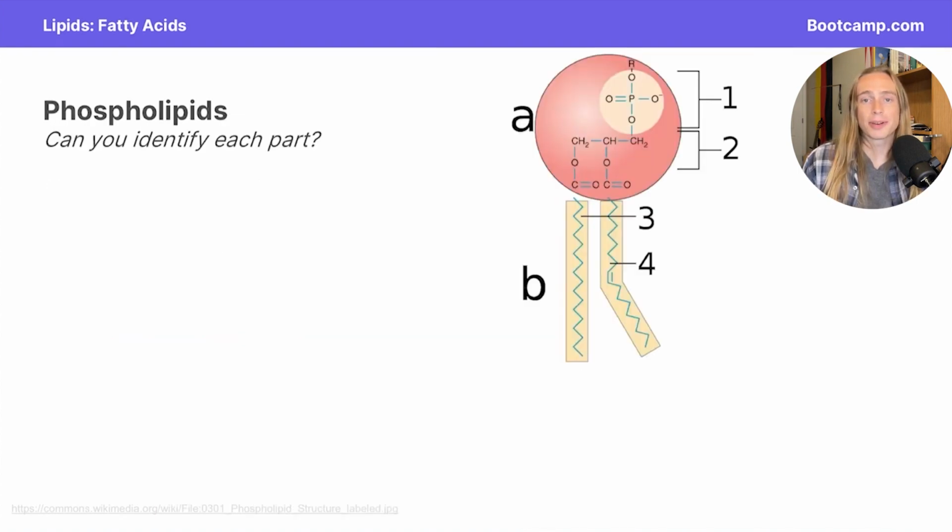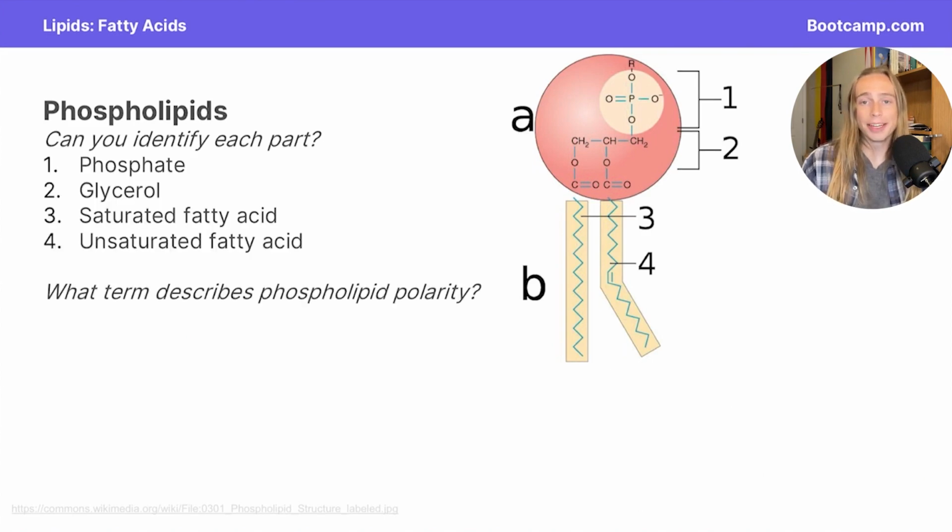Another common lipid that utilizes fatty acids is a phospholipid. Do you think you could label all of the parts of the phospholipid here? And nice, so hopefully in labeling this, you notice this looks kind of similar to a triglyceride, except in the place of one of the fatty acids, we have a phosphate group. We still have a glycerol, and we still have two fatty acid chains, but now we've just added a phosphate